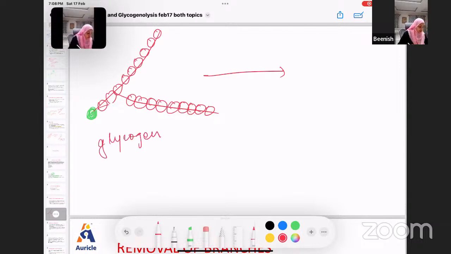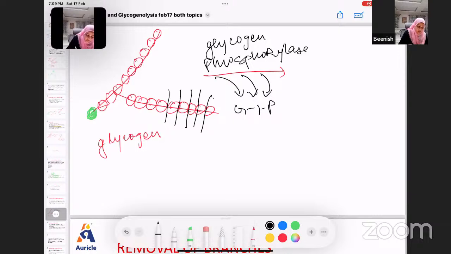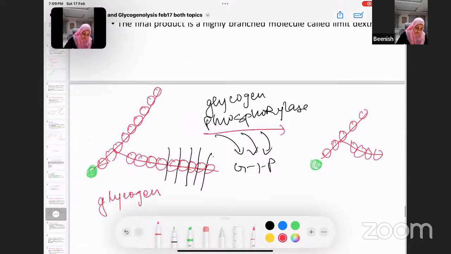Now, this glycogen is acted upon by glycogen phosphorylase. It will cleave glucose 1 phosphate residues. So, it will give out glucose 1 phosphate residues to form a product which looks something like this. Now, the catch point here is, see what it says,